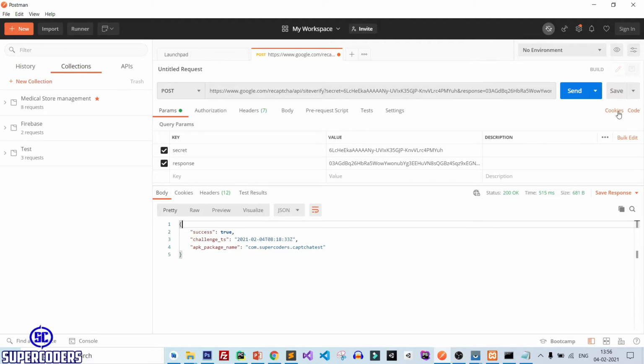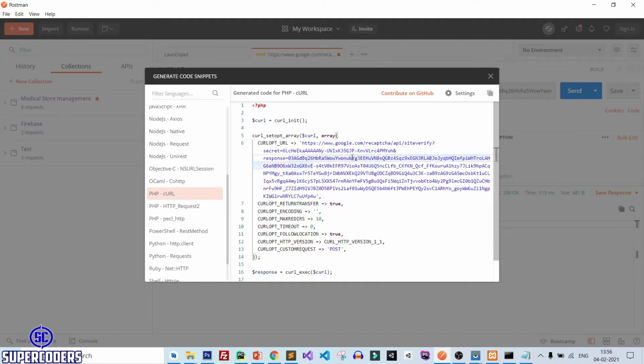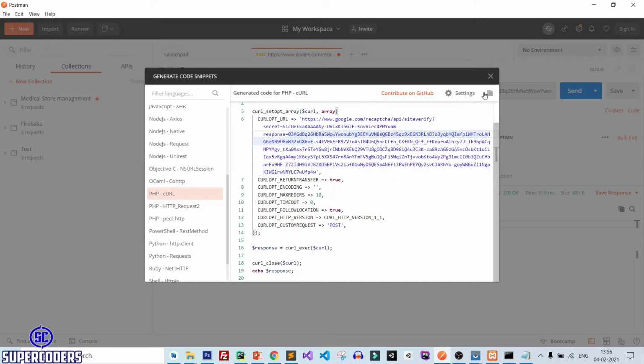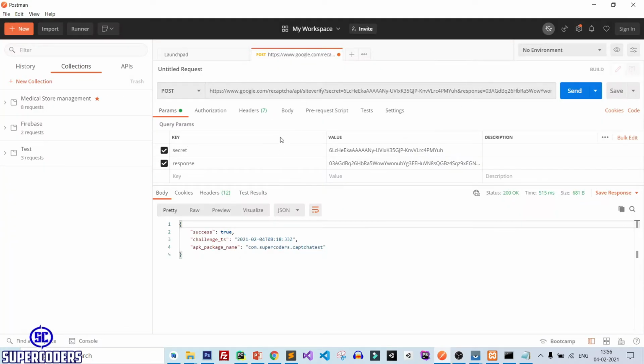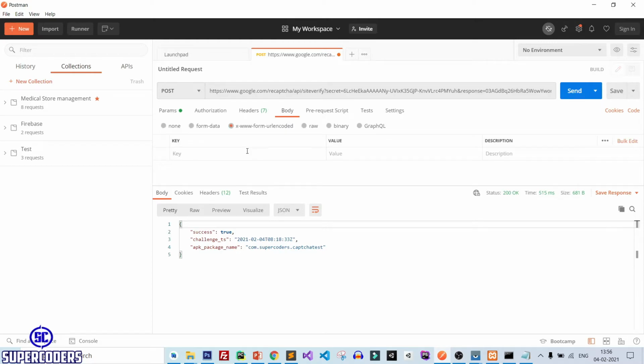Again click on code, or instead of passing this as a param, let's change it to body. So copy it from URL, body, and response, copy it, paste it. After that, secret key.